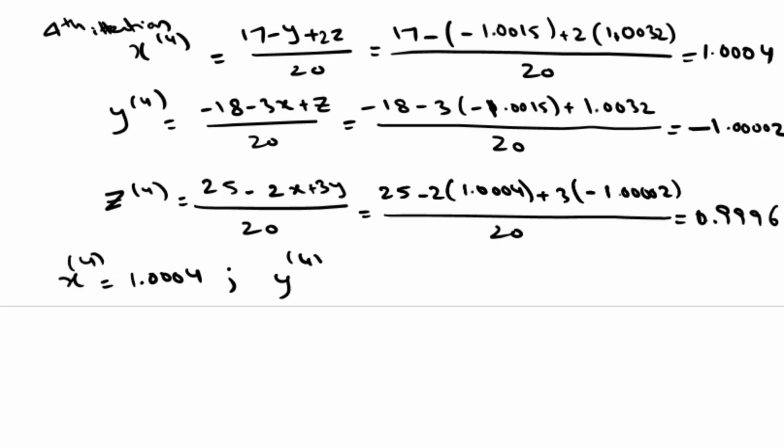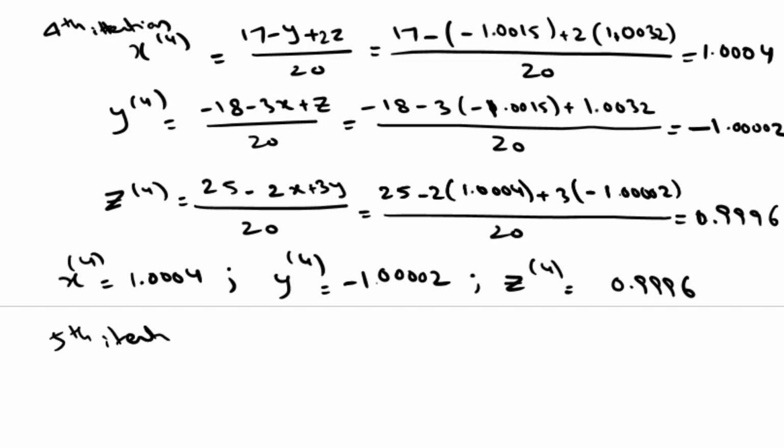Y in the fourth iteration is -1.002402 and z in the fourth iteration is 0.9996. Now again for the fifth iteration we will substitute these three values in the fifth iteration. Therefore x in the fifth iteration is